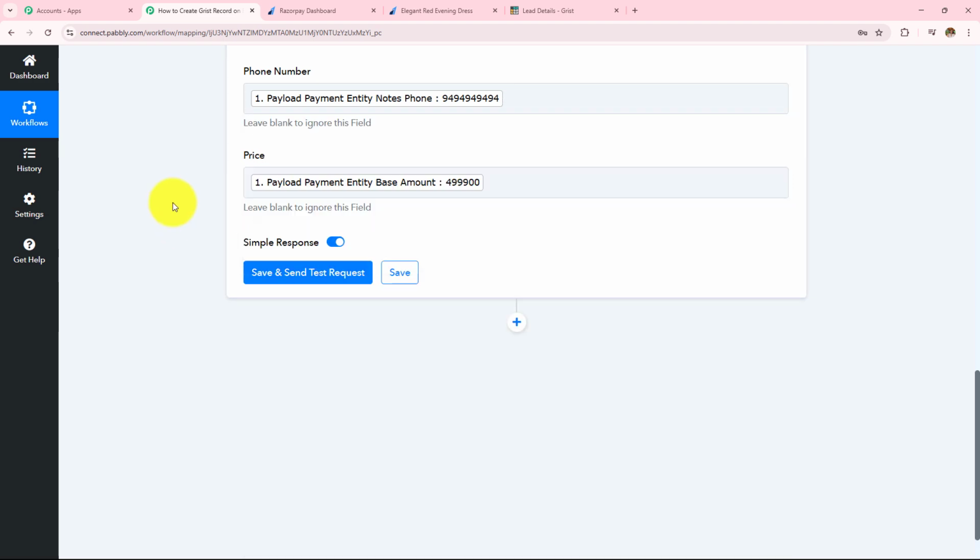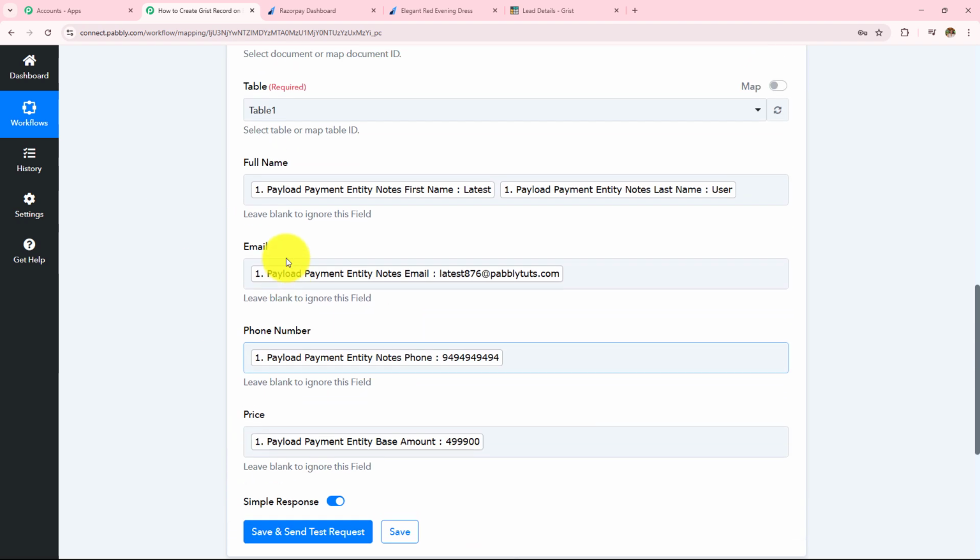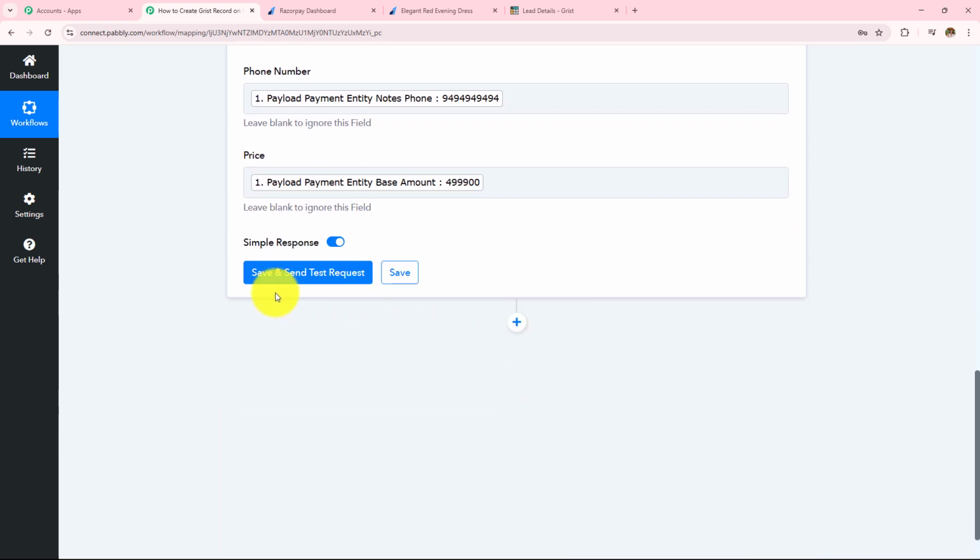Now over here, mapping is important so that every time you receive a new response, it is taken into consideration in these fields. Manually entering the data will make these fields static and the information will not change even if you have received a new response. Over here, if I manually enter in detail, this field will become static and every time I receive a new response, the result will not change. So as to keep these fields dynamic, we use this process mapping instead of manually entering the details.